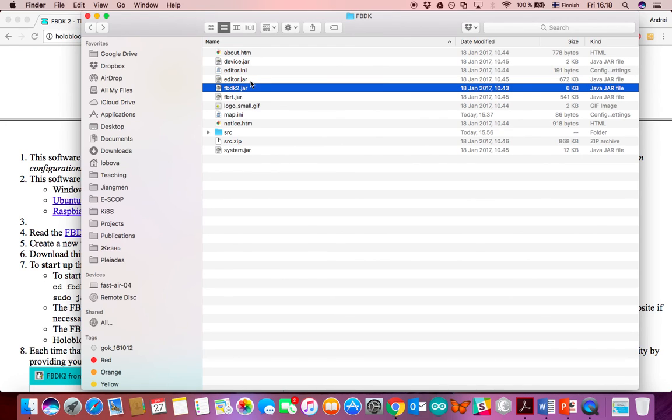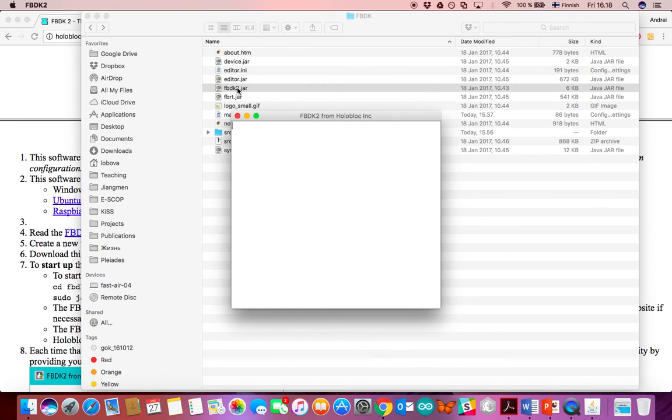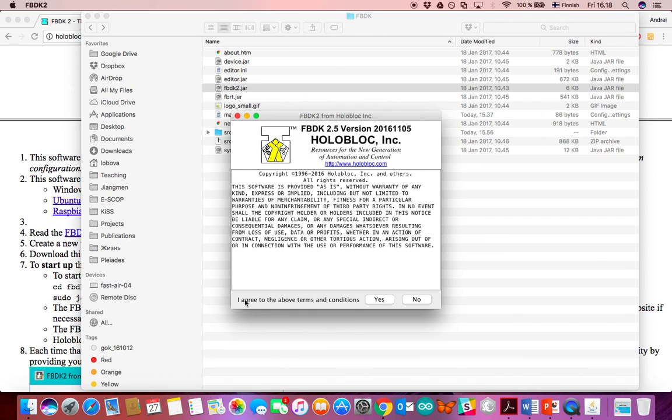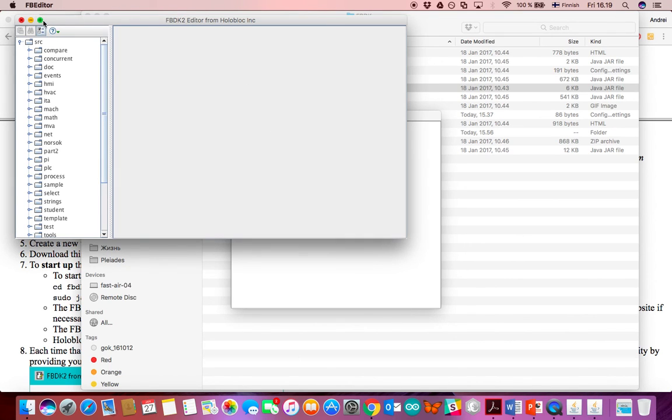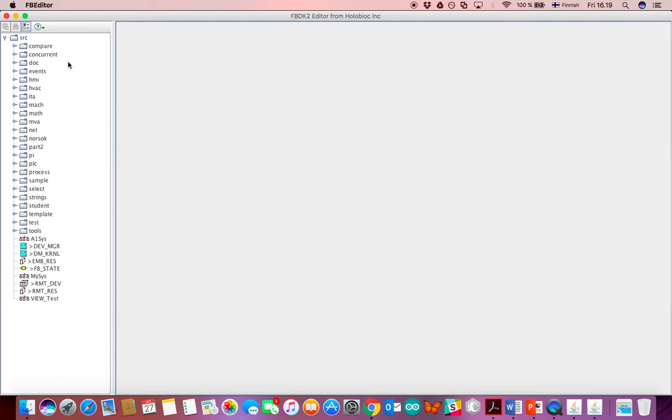I also have some other files and folders that appear once you run this FBDK2.jar file, downloaded from holobloc.com, for the first time. So let me now start the tool. You can use this file to start the tool on the first time or in subsequent times. I'm clicking FBDK2.jar, the tool is initialized, and I need to click yes to accept terms and conditions and start the tool. Once I click it, a window appears for the Holobloc editor, which has two main compartments,